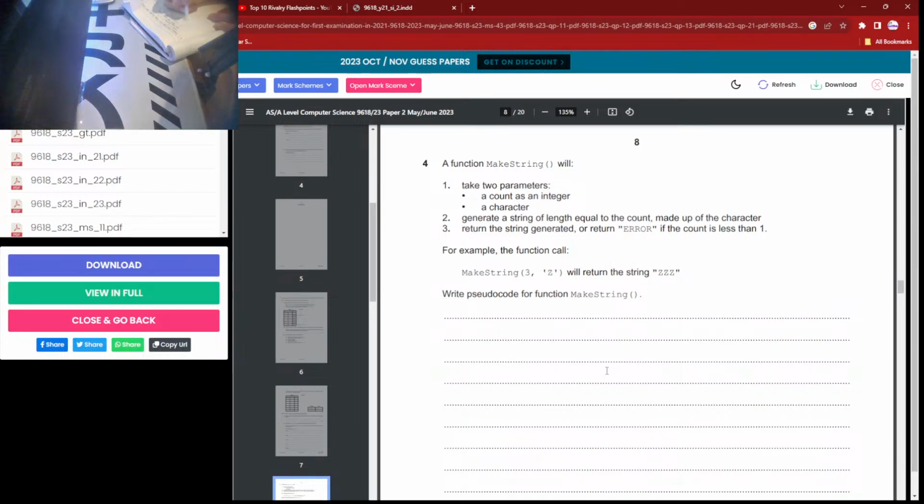Else. So we say else. So else if index is more than count. So let's just end if here. So let's say we get a count that is less than 1. If count less than 1,